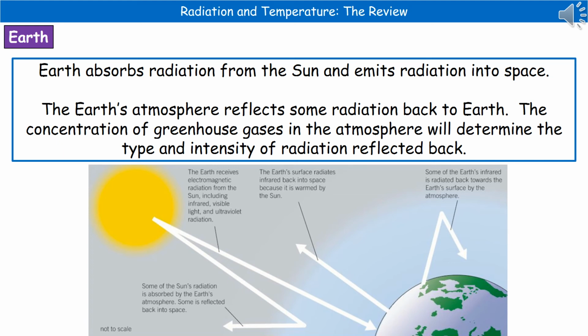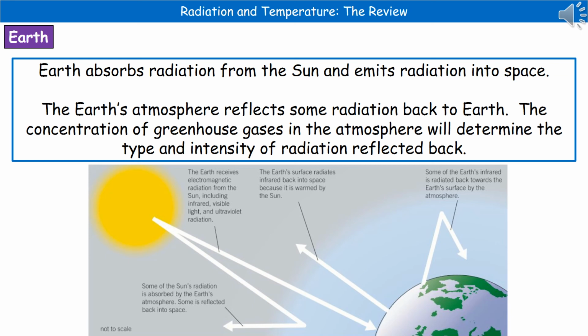However, as we've looked at in our chemistry work, we know that certain human interactions are leading to increased amounts of greenhouse gases, so carbon dioxide, water vapour, methane. And as a result of this, what we're actually finding is the concentration of the greenhouse gases in the atmosphere is increasing. Now, if we've got a higher concentration of our greenhouse gases in the atmosphere, then they're actually going to absorb the infrared radiation that should be emitted back into space, and then reflect that back to the Earth's